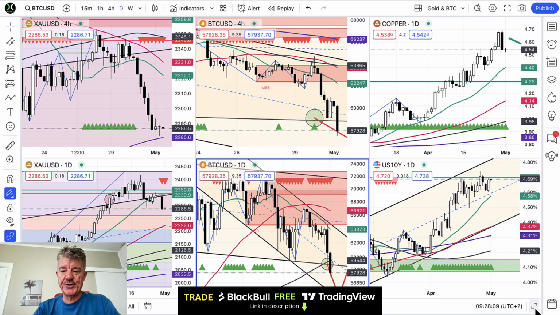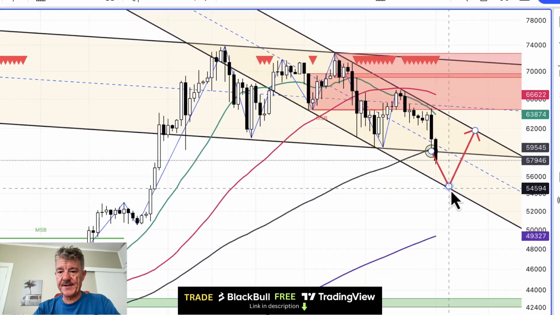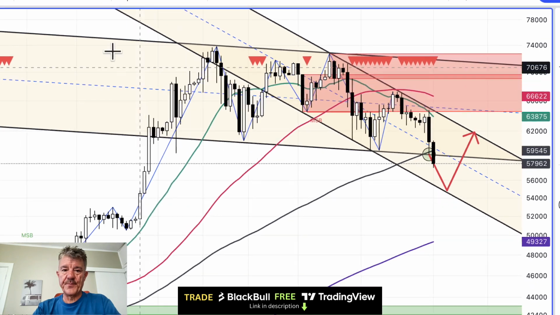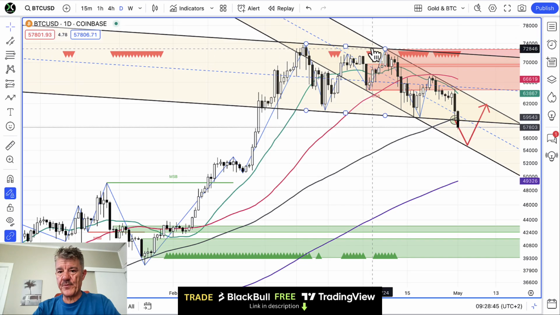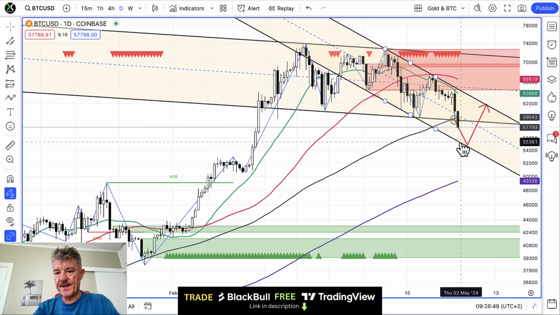And what I did was I actually drew this and I put it up on X yesterday. And I think this is what it looks like we're going to do now. So a move down to about the bottom of the channel, which could take us down to about 54.5 or 55,000. We've broken down through this longer channel support, but we've now changed angles and we're trading within this sort of steeper downward trend line, and the bottom is down there.